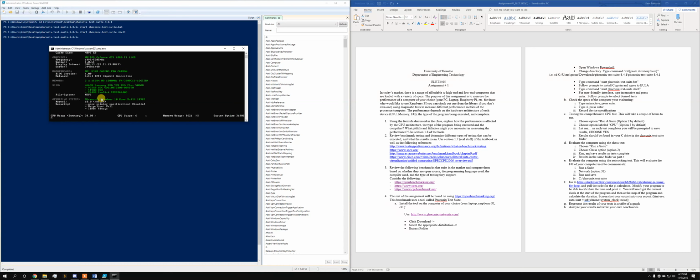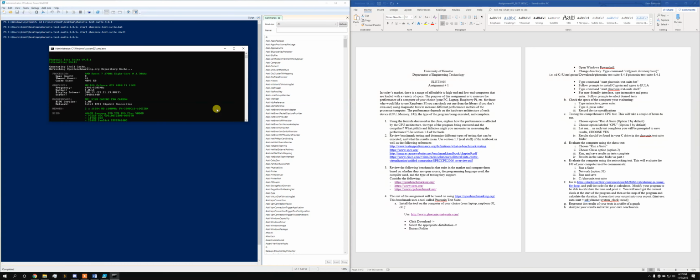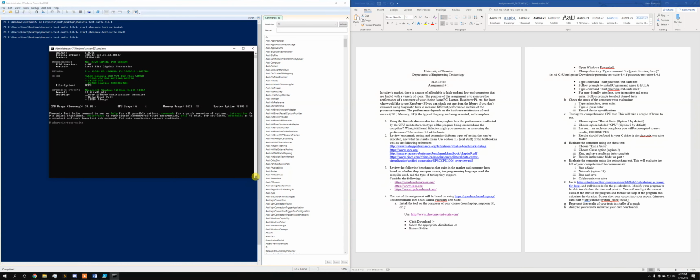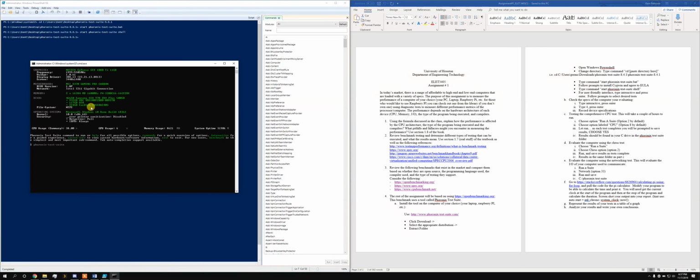Okay, so it gives us some generalized specs right here. You should see some information about your system. In this case, here's the BIOS version I'm running. Here's some info about my monitor, motherboard, memory. I've got 2 sticks of 16 gig. This number right here, 3200, that's your memory speed. And here's some info about the hard drives you're running,